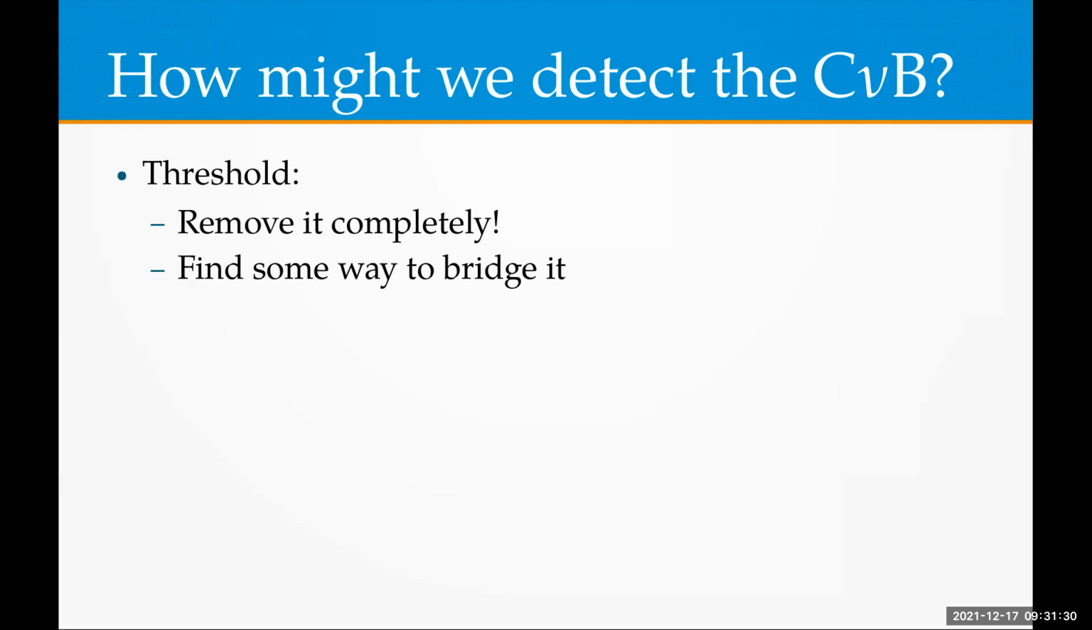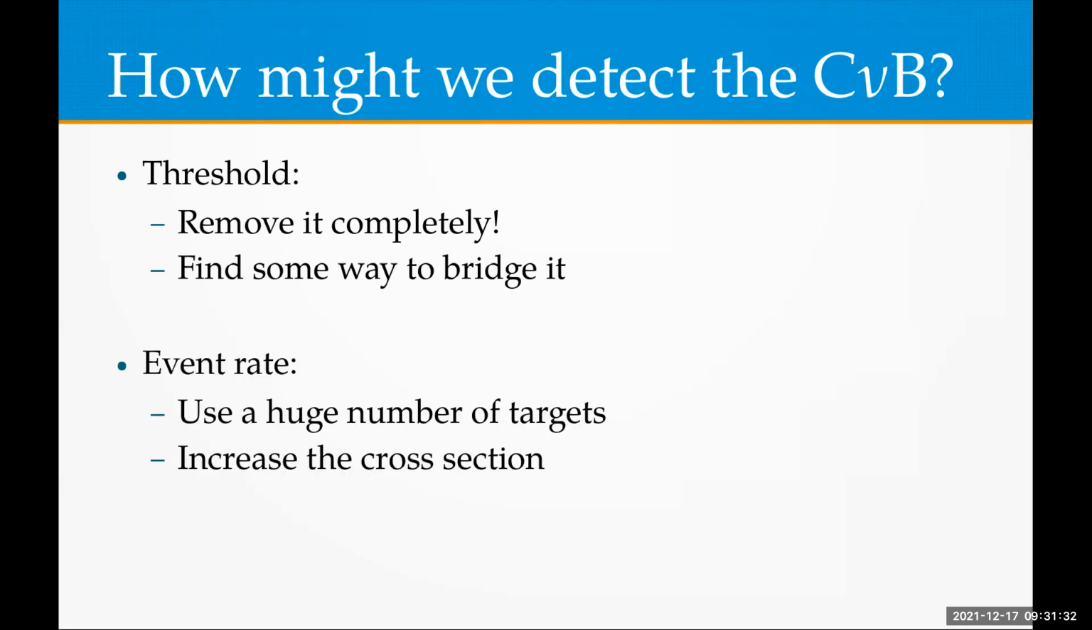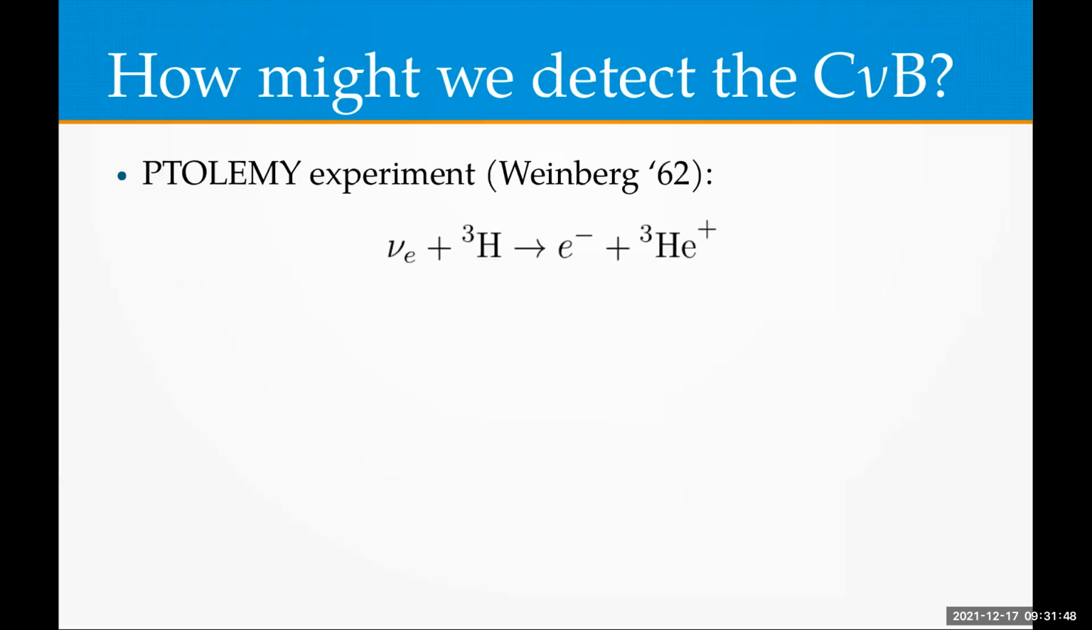The second difficulty is the event rate. These cross sections are typically tiny. So in order to detect them, we need to either use a huge number of targets in our detector, or we need a large cross section. We need to find a process that has a large cross section or some sort of huge enhancement that we can exploit in order to get a decent event rate. And to that end, there are several experiments that have tried to, or have been proposed to detect the cosmic neutrino background. The first and perhaps most well known is the Ptolemy experiment, which was first proposed, or at least